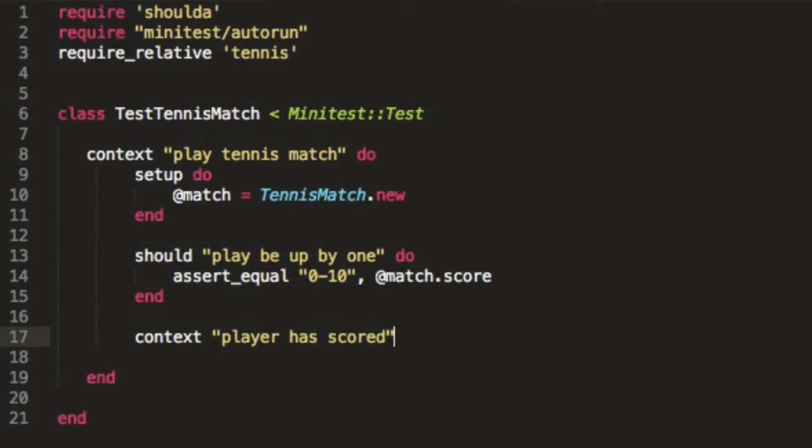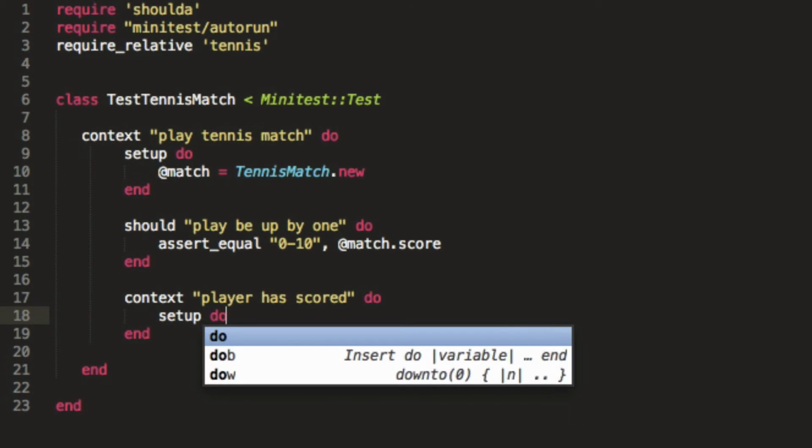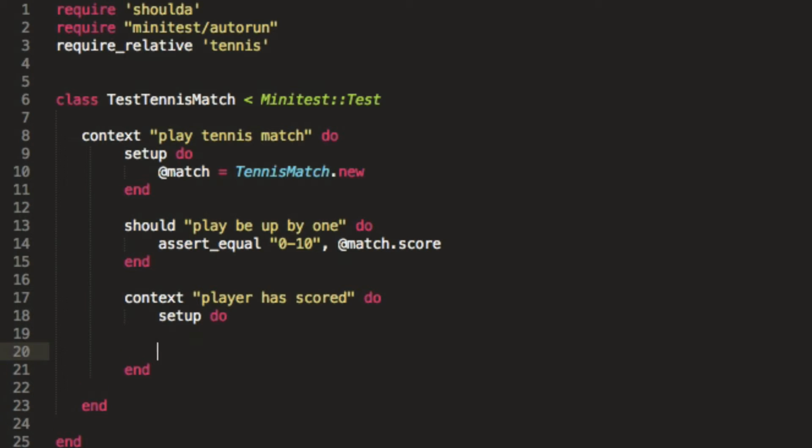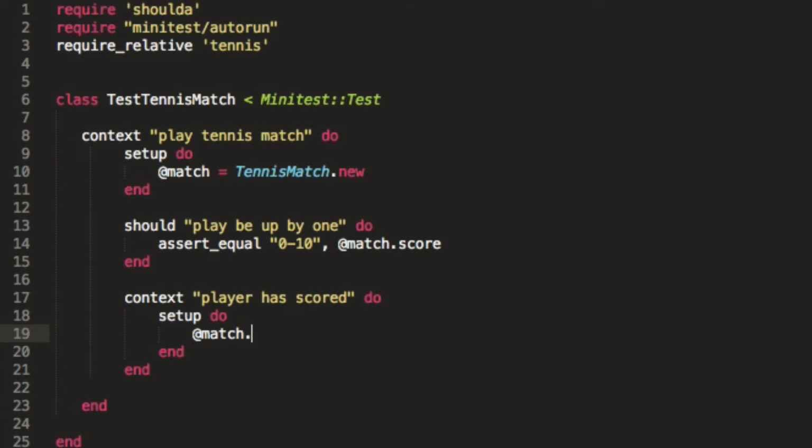And so something you also can do is, I had one context, and then player has scored. And so what I'm going to do here is create another context and show you the true power of this testing framework, because now I set up a simple test, but now let's say I have another context here, and I say player has scored, and now I'm going to do another setup method. So now I have two setup methods, and I'm going to do match dot,